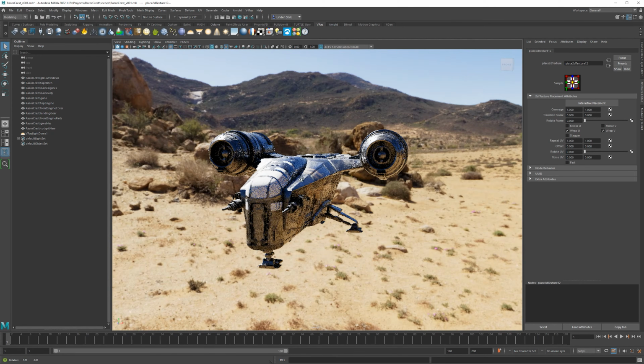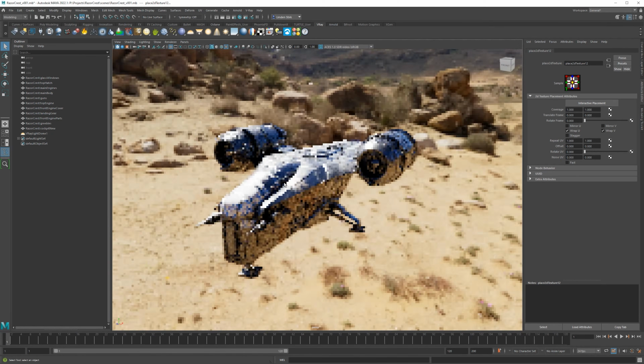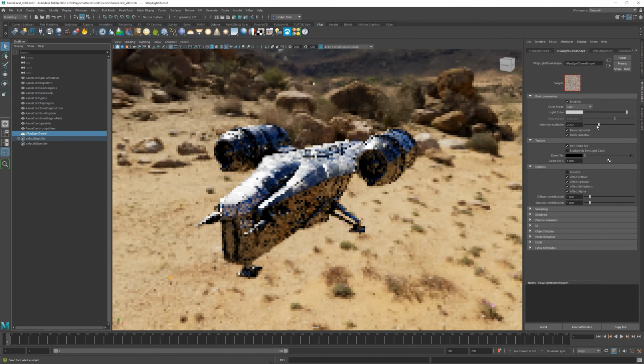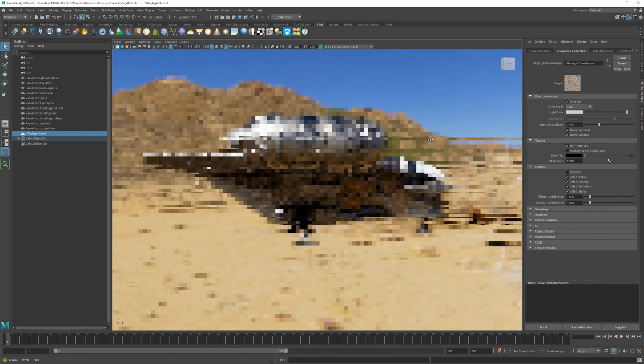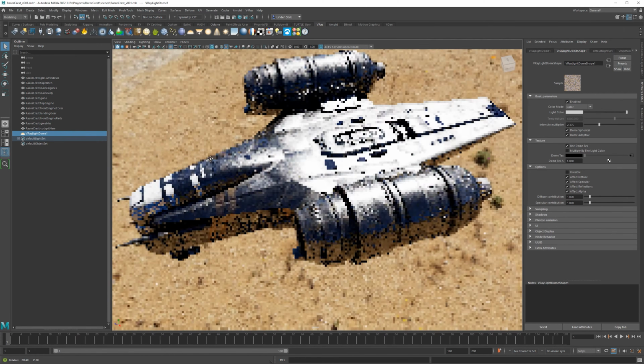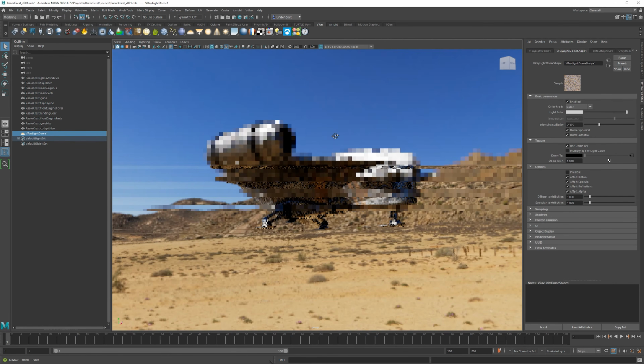Now this is actually very, very bright now that we have all that metal. So we might want to go back to our light and tone that down a little bit and get a slightly different view. There's also another type of lighting that I'd like to show you, and that's just using a V-Ray sun and sky.